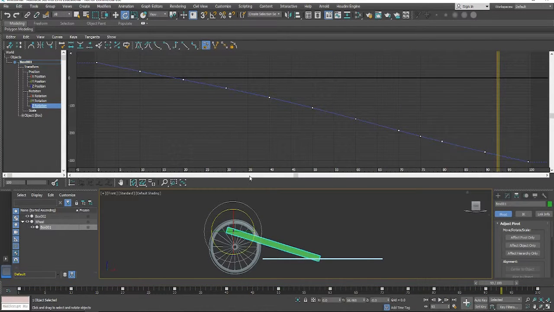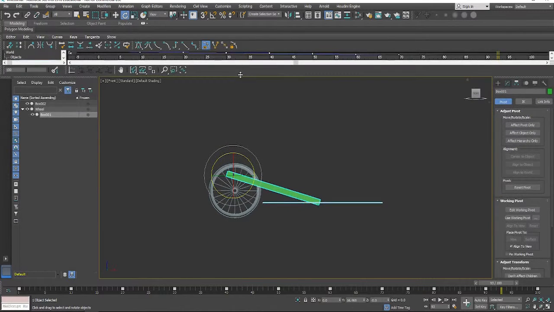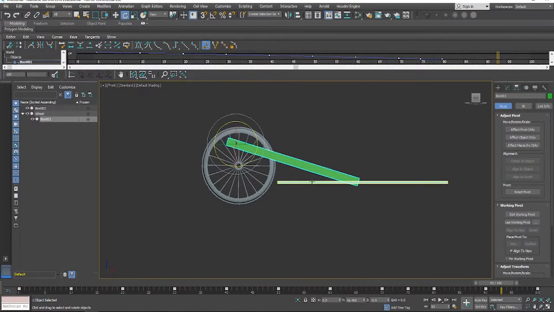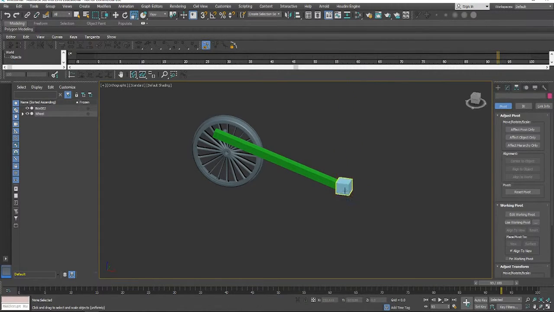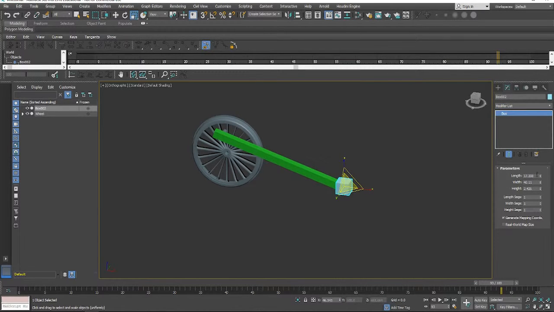So let's see if we can adjust that a little bit. So I'm just going to change the shape of this. I'm going to just give it some